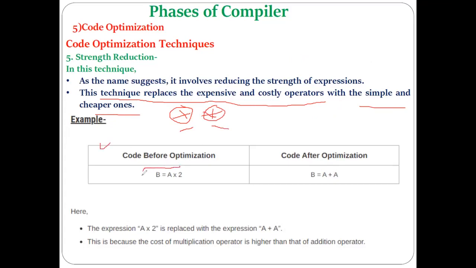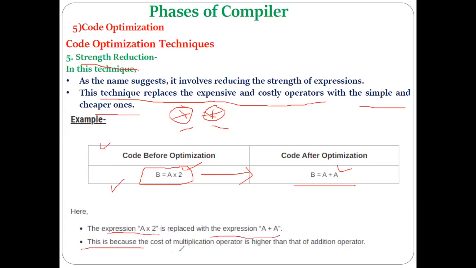Consider the code you have written in your program, b equal to a into 2. Can we write it a different way with a less strength operator? Yes, it can be written like this, b equal to a plus a. The meaning of this and the meaning of this is still the same. Only what you have done is replace the expensive and costly operator with a less expensive and less costly operator, but the meaning is the same. So this is called strength reduction, that is, replacing the expensive and costly operator with a less expensive and less costly operator. That is called code optimization without affecting the final meaning of the program. In this, the expression a into 2 is replaced with the expression a plus a.